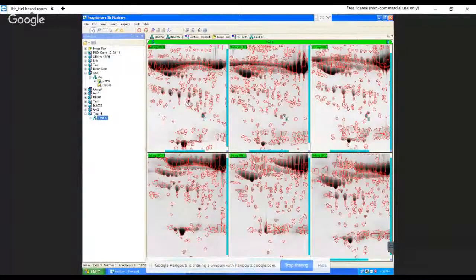Now here you can see these are the three gels, and you can see there are some spots visible here, and in the same gels you can see.